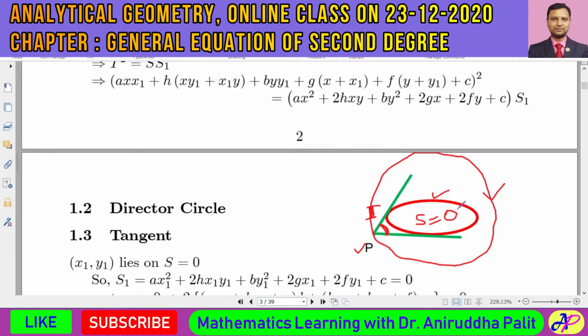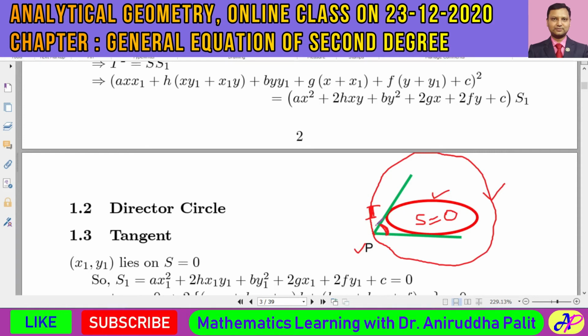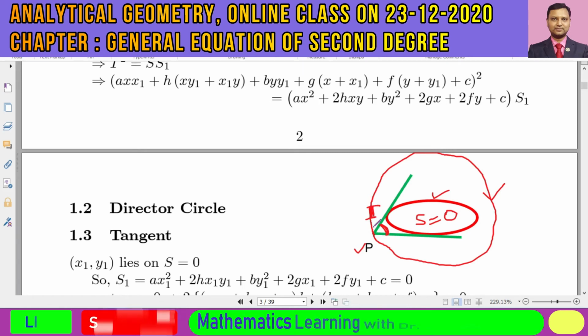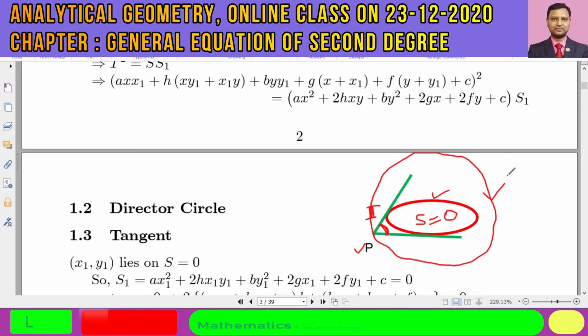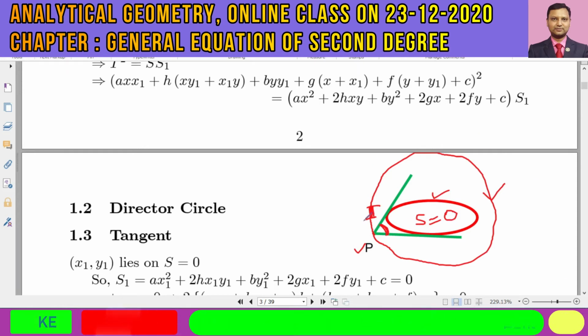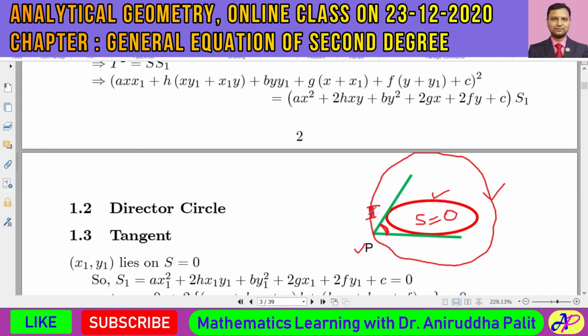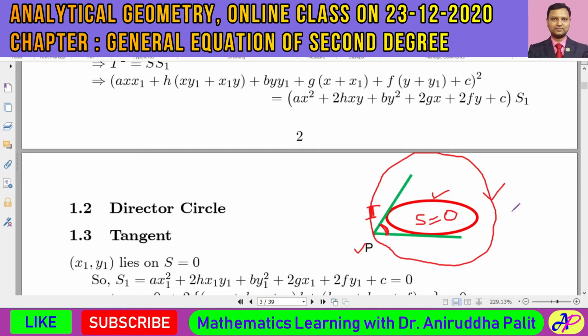So you can say that the straight line we are getting, x plus a is equal to 0, looks like a straight line. However, we can consider this straight line as a very small segment of a very large circle. Got it? Where the center of that circle may be situated at infinity. Because the circle is infinitely large, the center of the circle would be situated at infinity, and any very small portion of that circle can be considered as a straight line. That's why we get this kind of straight line.